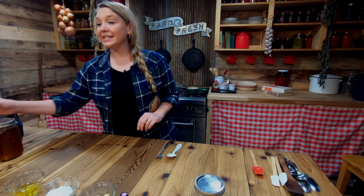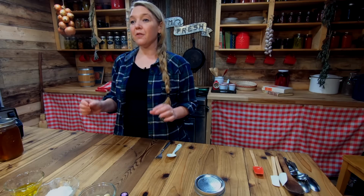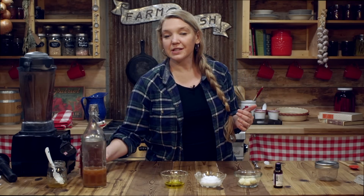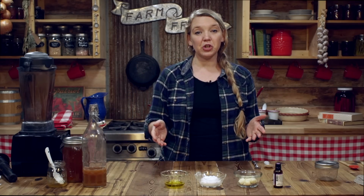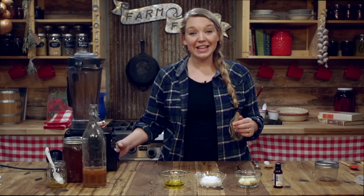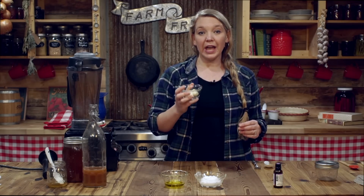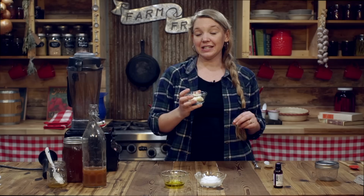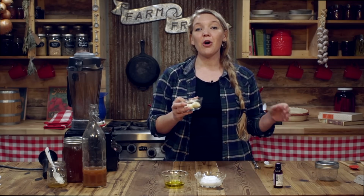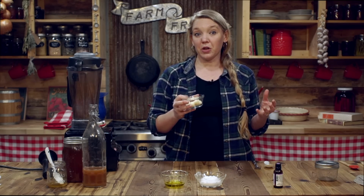Okay, now today I really want to show you my absolute favorite remedy for babies with a cough. You can use this on newborns, toddlers, and adults, but what you do need to know is they're going to stink like garlic because it uses a lot of garlic. Garlic is a very, very strong antibacterial and antiviral. So not only is this remedy going to be really good for coughs, but it's also going to be good for anything else that you would use an antibiotic for,